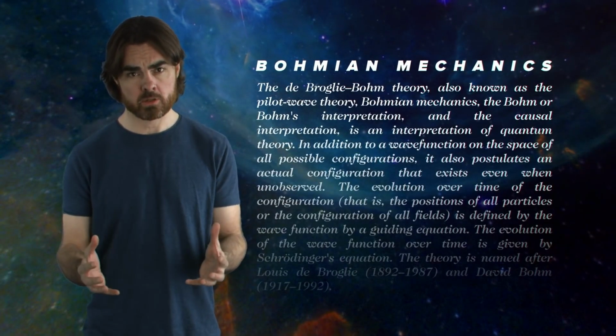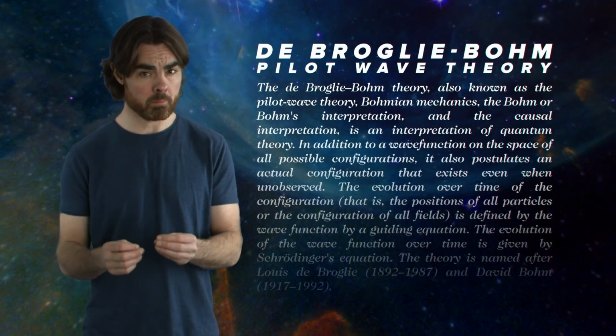The idea was forgotten for decades, and Copenhagen became the orthodoxy. It took until 1952 for another physicist, David Bohm, to feel very uncomfortable with some of the wackiness of Copenhagen and to rediscover de Broglie's old idea. Bohm took up where de Broglie left off and completed the theory. The result was Bohmian mechanics, also known as de Broglie-Bohm pilot wave theory. These days, more and more serious physicists are favouring Bohm's ideas. However, it's far from being broadly accepted. De Broglie himself remained firmly in the Copenhagen camp even after Bohm's efforts.